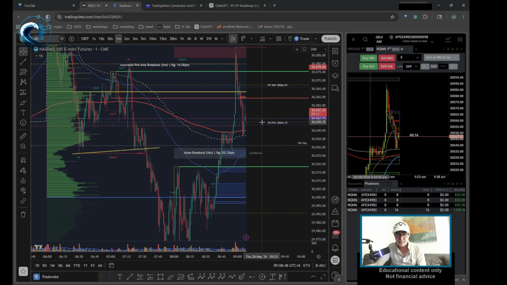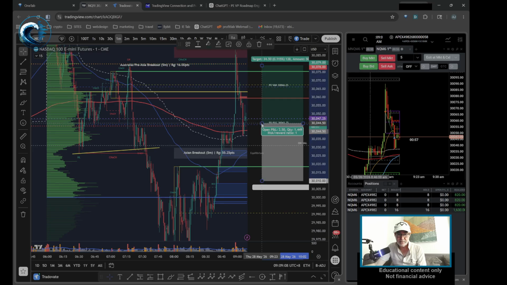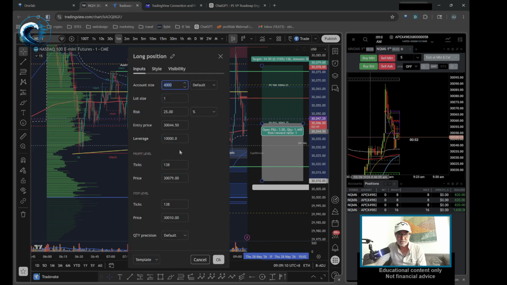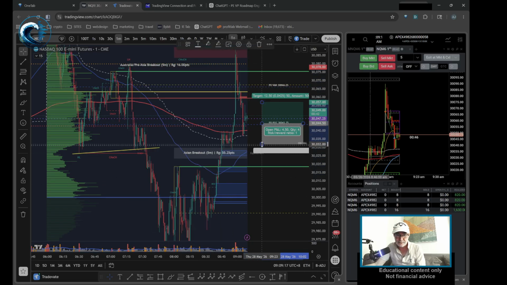That is the reaction I'd want to see if I wanted to go long again, but because we've got layered points of interest here overnight on the previous day, there's every chance this will just fly through. Now, I think I'd rather trade down here, but if I have this extended down to maybe there,